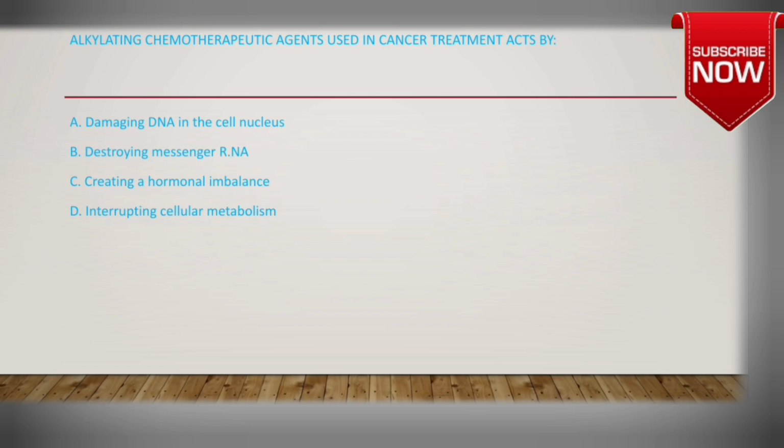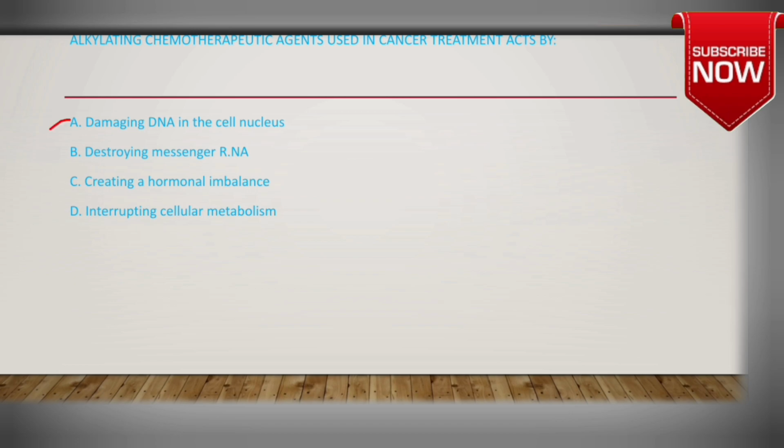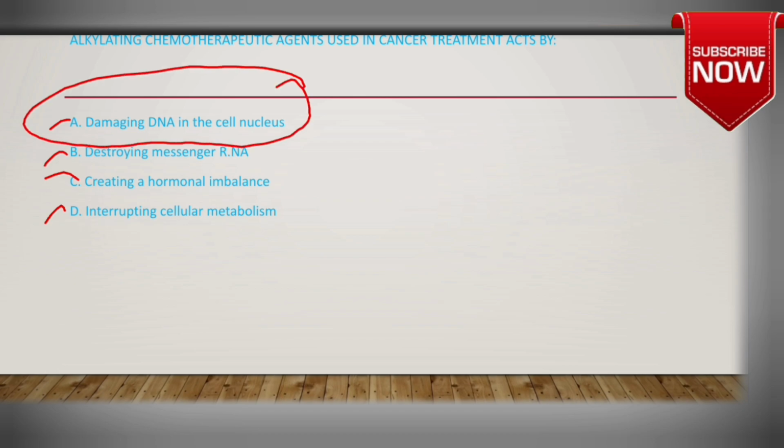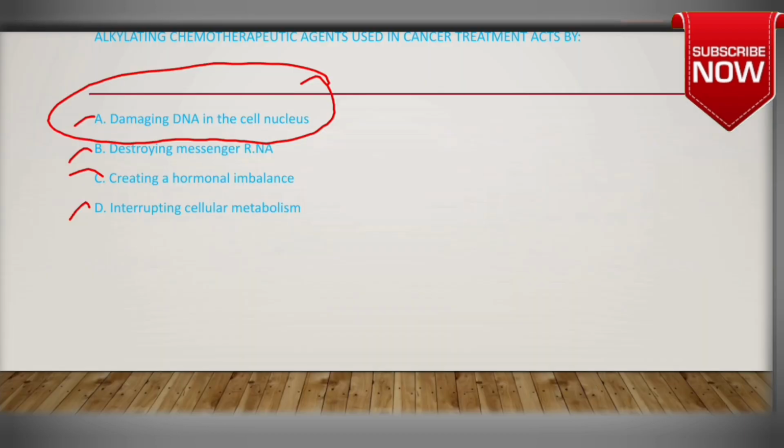Alkylating chemotherapeutic agents used in cancer treatment act by option A, damaging DNA in the cell nucleus. Option B, destroying messenger RNA. Option C, creating a hormonal imbalance. Option D, interrupting cellular metabolism. The correct answer is option A, damaging DNA in the cell nucleus. The alkylating agent acts directly on DNA, causing cross-linking of DNA strands and abnormal base pairing, thus preventing the cell from